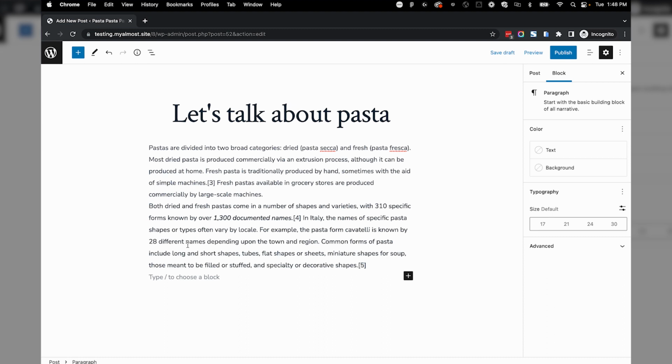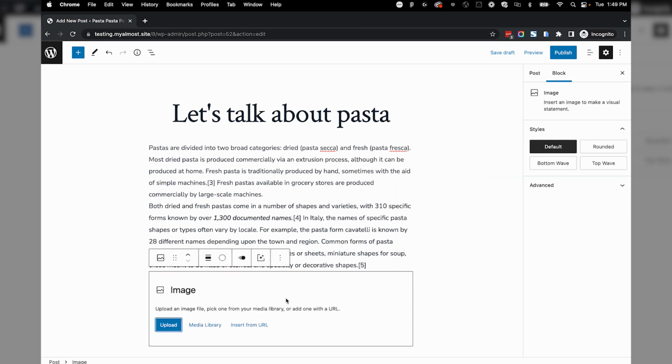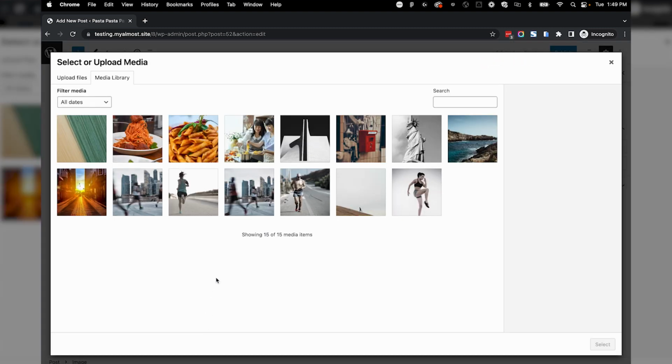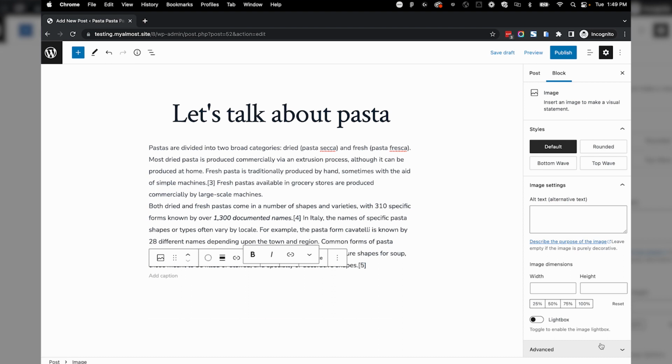Now, let's add an image to the post. Clicking the plus at the top of your block gives you options to add more content to your post. You may have to type in the word image into the search bar and select it. We can drag and drop an image into this block, upload an image, or select an image from our library. If you don't have any images on hand, you can find photos at sites like Pexels or Pixabay.